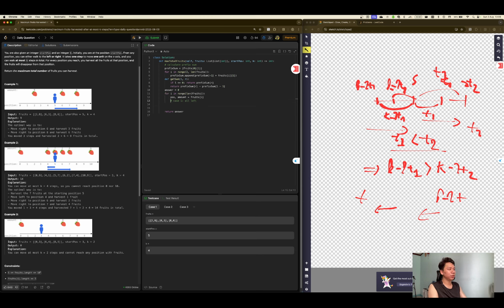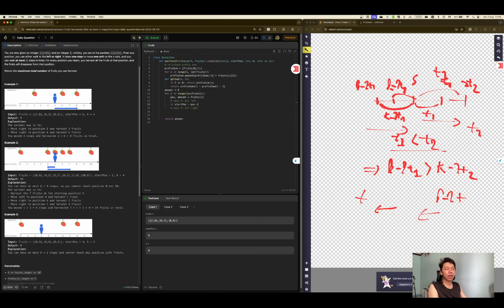Okay, I'm going to reuse this code. Case on left: the start cost minus cost